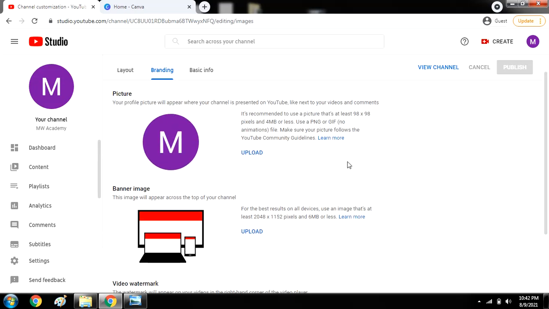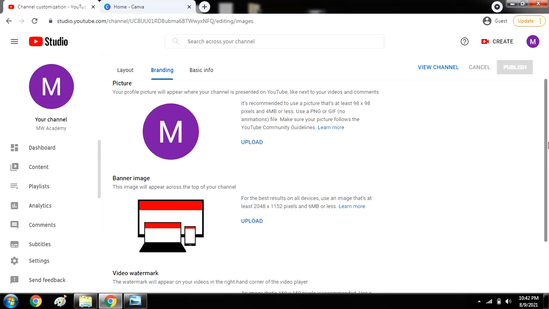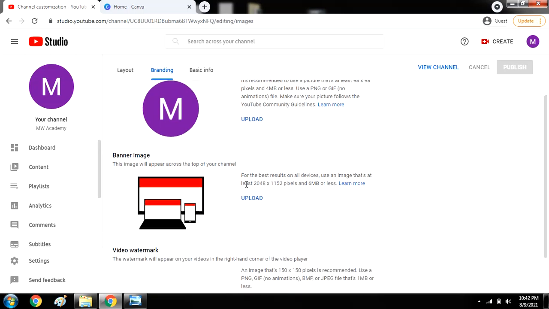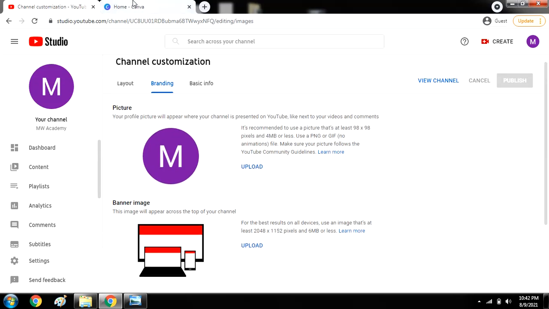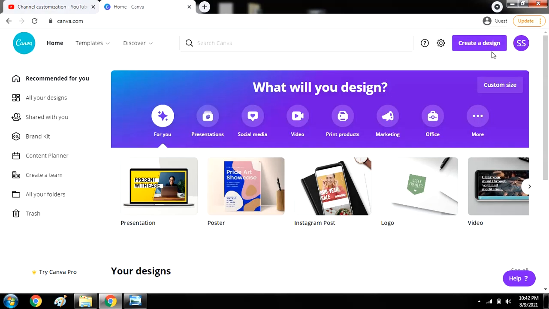Now there are some instructions for your photo and banner image, like your photo should be at least 98 by 98 pixels and it should not be more than 4 MB, and your banner image should be at least 2048 by 1152 pixels and it should be less than 6 MB. Now in order to create your banner image or your logo, you can simply come here on canva.com.